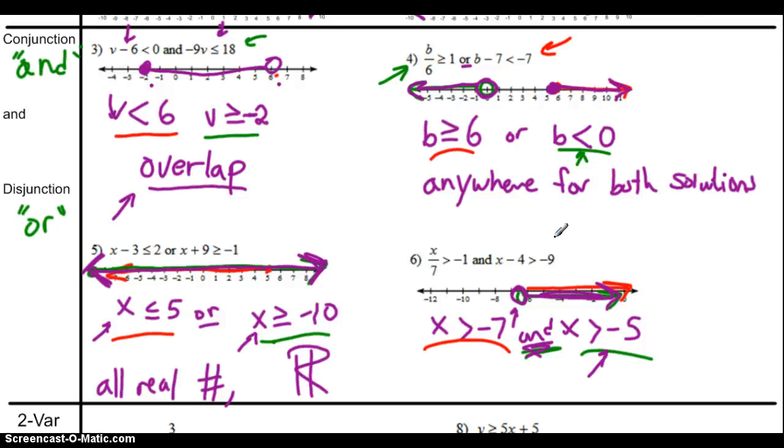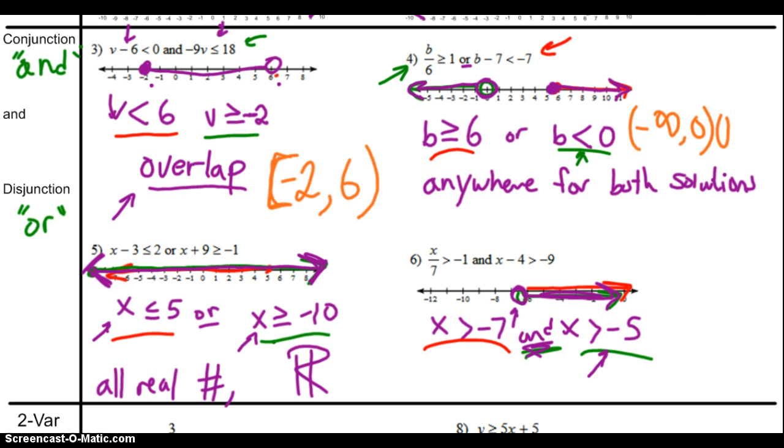All right, so for number 3, my domain is going to be from -2 up until 6. For number 4, this is a hard one. This is a hard one to write. I'll show it to you once, and we'll talk about this later in class. My domain is going to be from -infinity up until, what is that? 0,